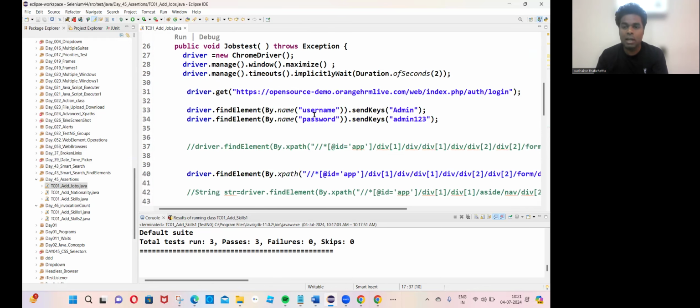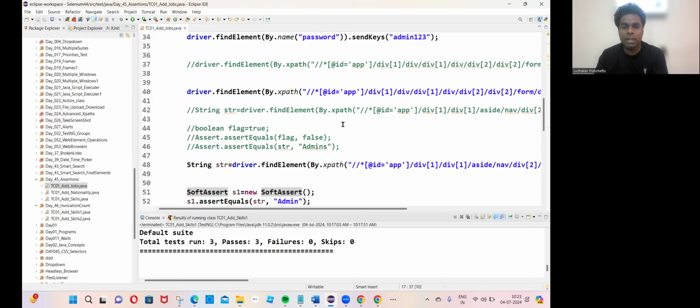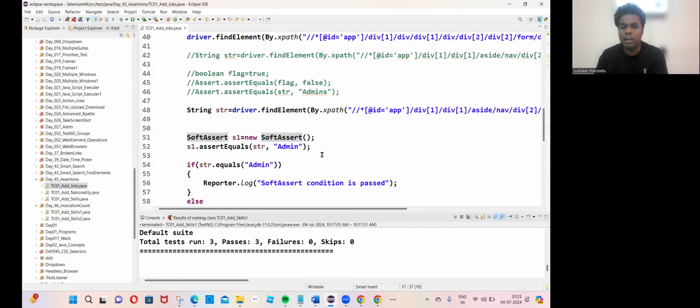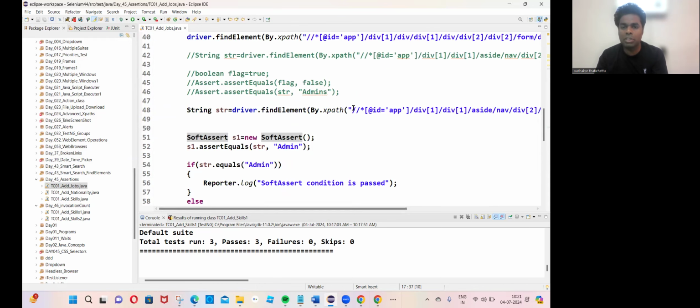So now, I navigated to the Orange HRM application, entered username and password, and I'm clicking on the login button. Okay. So I clicked on the login button. After that, I want to know, so this is the XPath of the admin web element. Okay, I want to know whether my